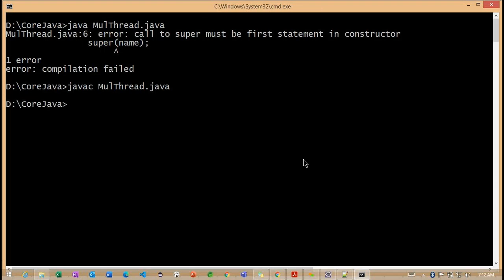So javac MultiThread.java. Right, it is compiled successfully.